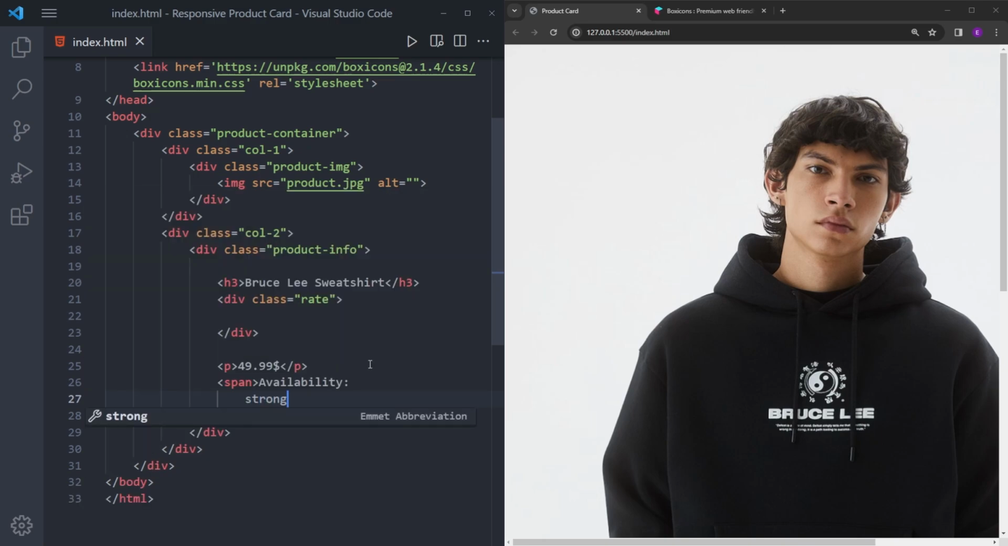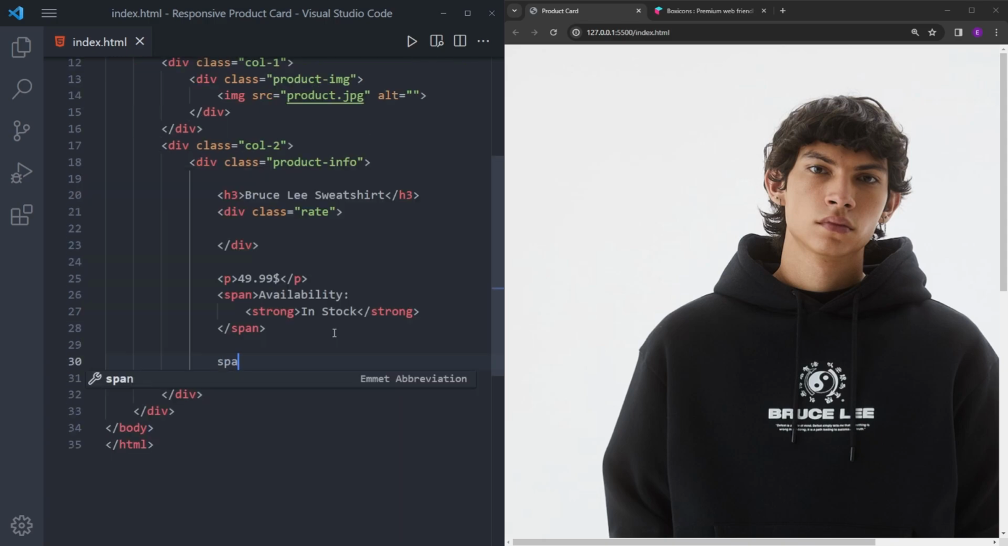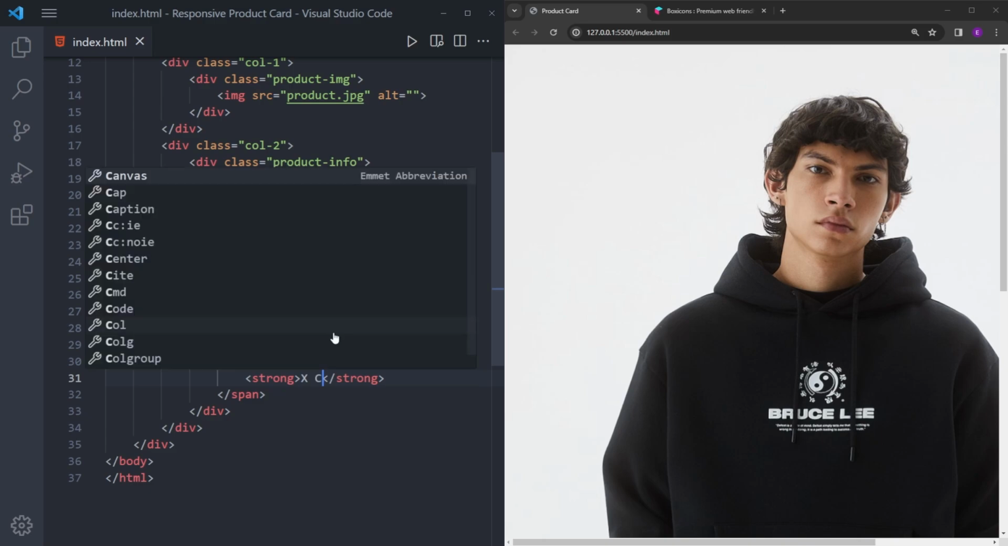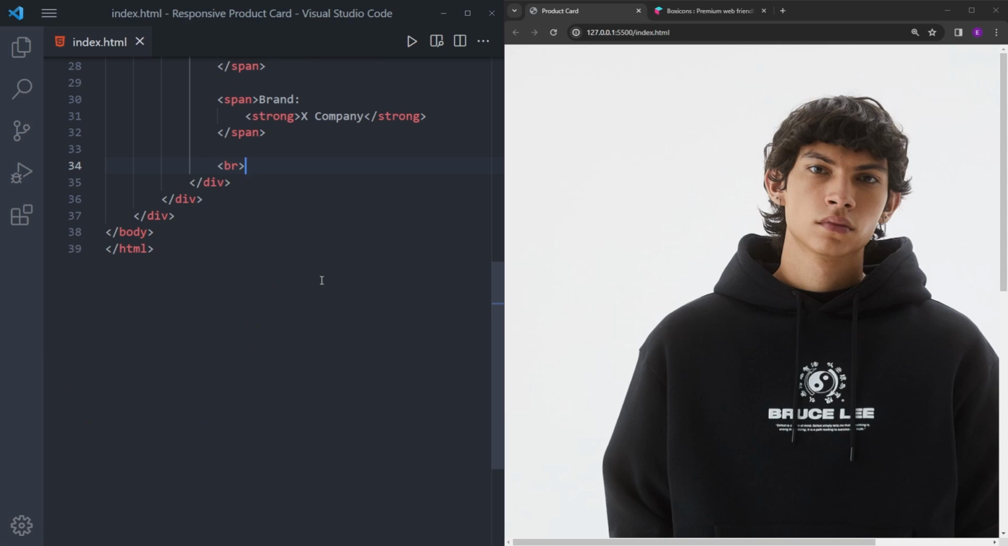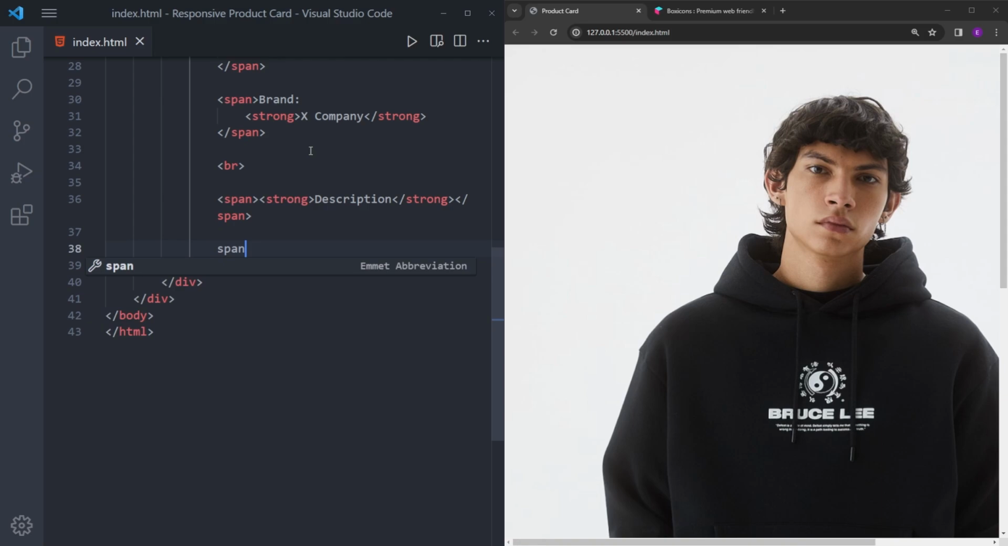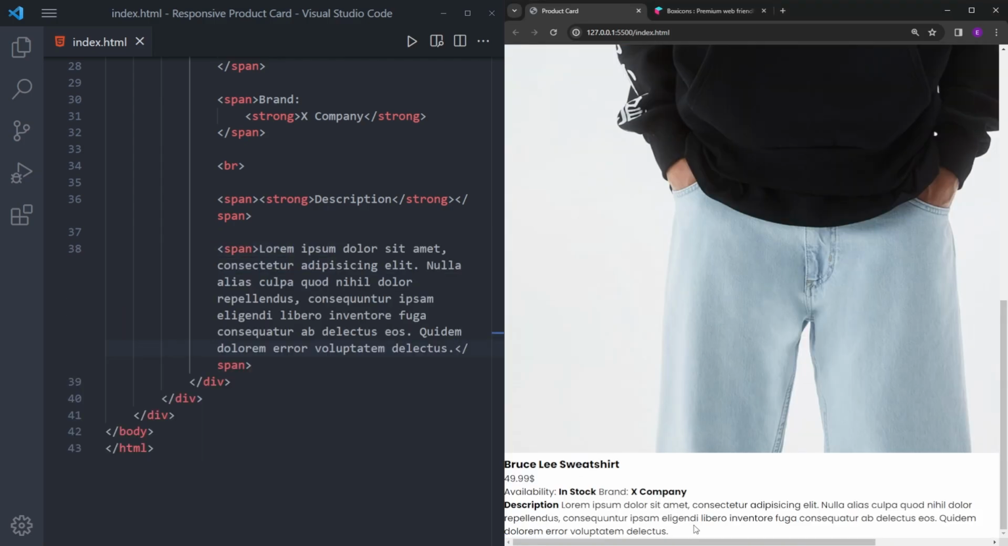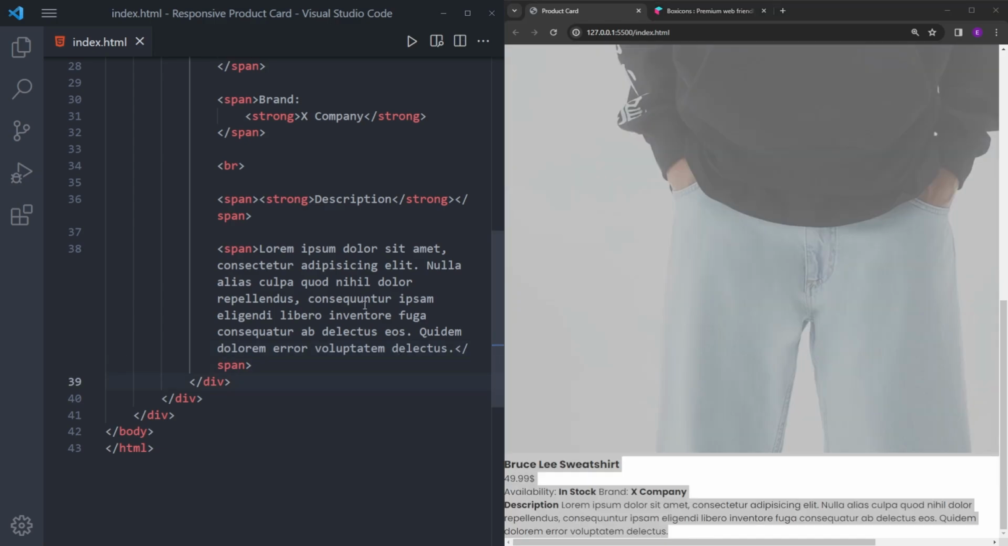We're gonna make it strong. And again, another span for the brand. Gonna make that one strong too. Gonna put a break between and the description part. And right under this, we're gonna create a lorem text. It looks like this now. And right under this div,